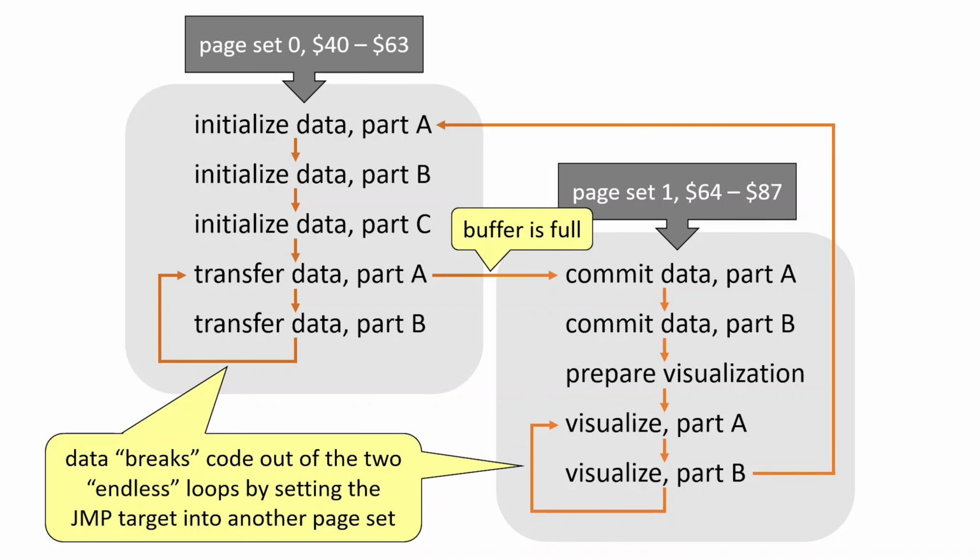The transition from page set 0 to page set 1 corresponds to the ring buffer being full. The transition from page set 1 to page set 0 corresponds to the buffer being almost empty. So the overall data flow inside A2Stream is a choreography of parts being managed locally and parts being data-driven, and they work together without having any local state.